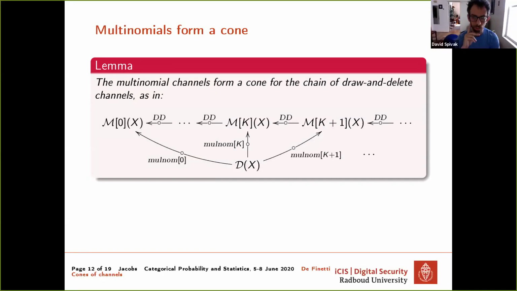Okay, thanks. But the idea was roughly that, right? If you take this example of a die and you paint distributions on it, then this multinomial tells you how many times you're going to get this or that, and then delete. What did the D stand for? Draw and delete. Yes, exactly. And then you could probably work it out from the statistics. But I guess, David, you were asking a more conceptual thing about it.